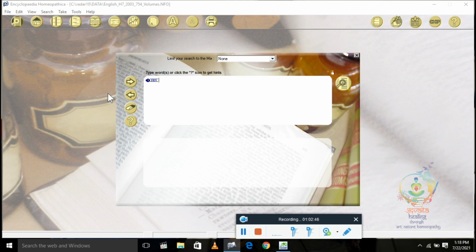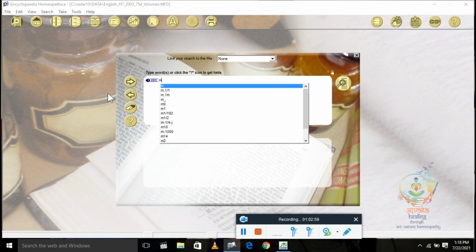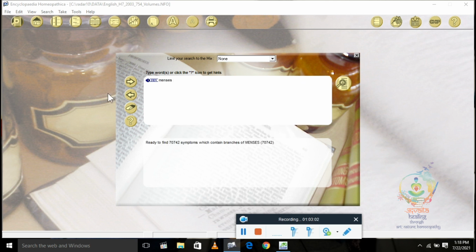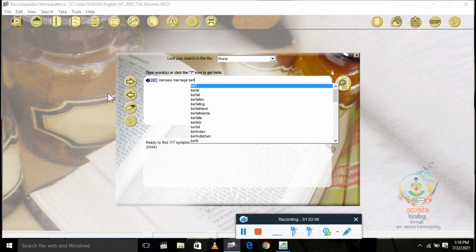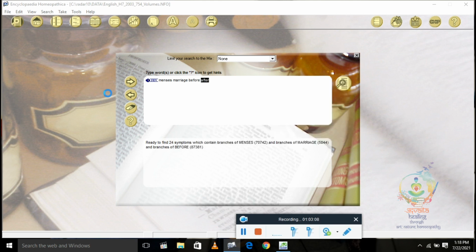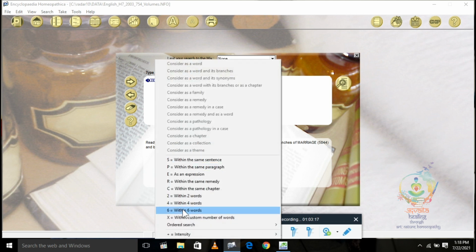I have a case of a girl whose menses were normal before marriage, and after marriage menses became irregular. So I will type here menses, marriage, before, after. I have just used 4 words to search in all the Materia Medicas. First I will search within 6 words.